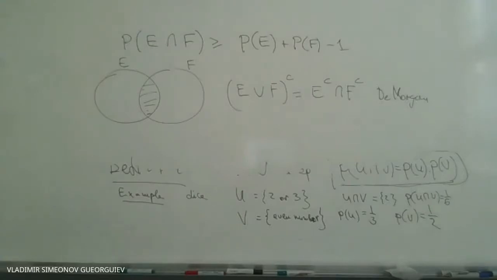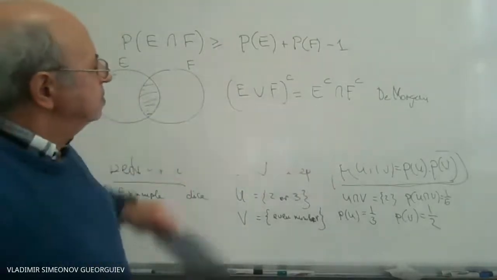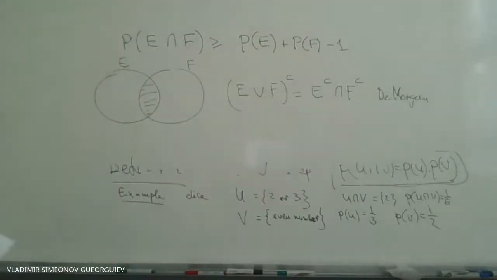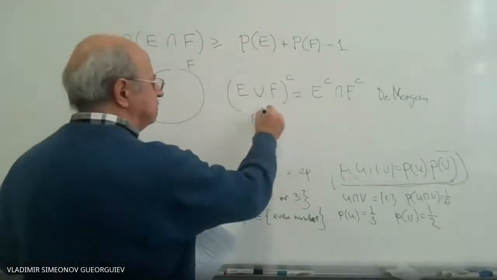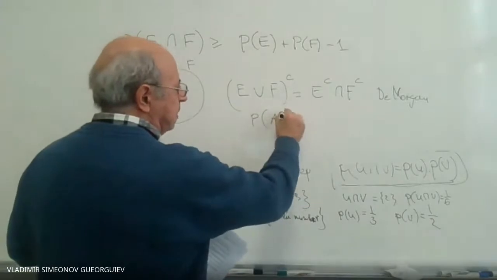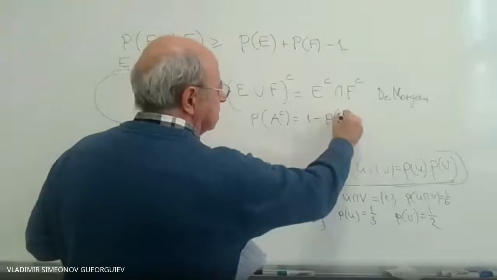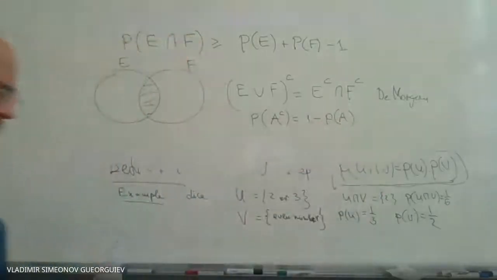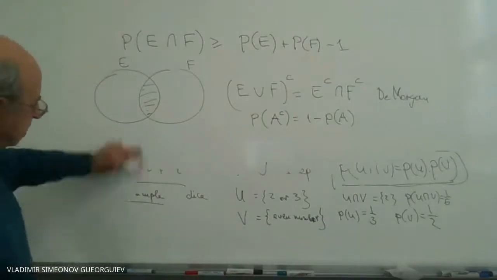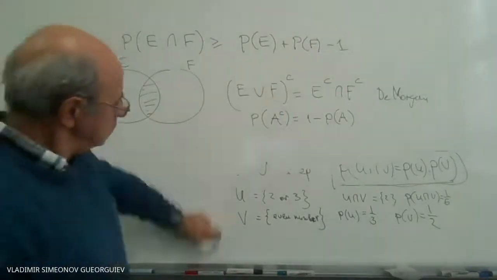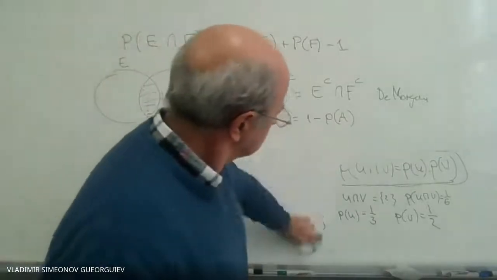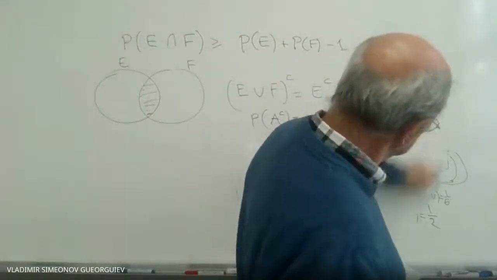Okay, we have this. So let us put, what is the probability of this guy? The probability of a complementary set is 1 minus probability of A. This is also due to the definition. Actually, the property of our probability space. Now, if you use the De Morgan rule,